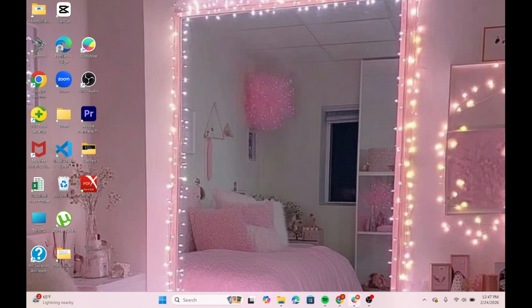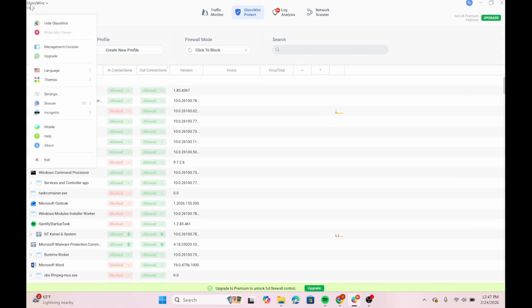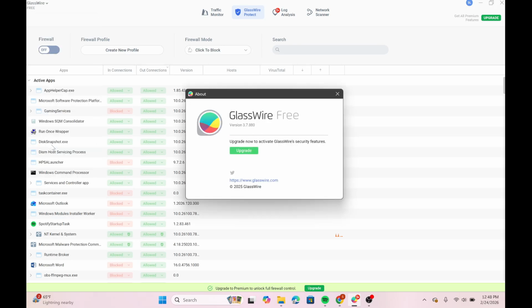First, what you can do is open your Glasswire app. And over here in the top left, we can see this is the Glasswire connection menu. What you can do is go to About here and you can find your current version. You can go to Upgrade Now in order to find your current version as well, and Glasswire can update